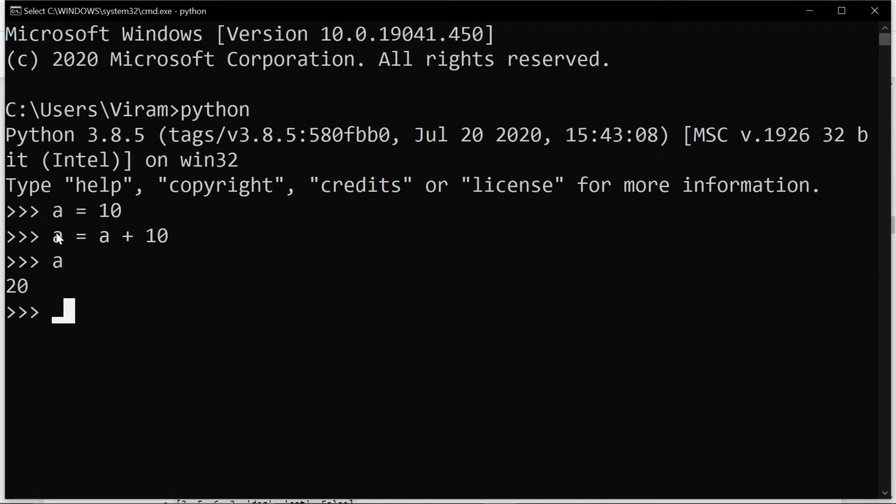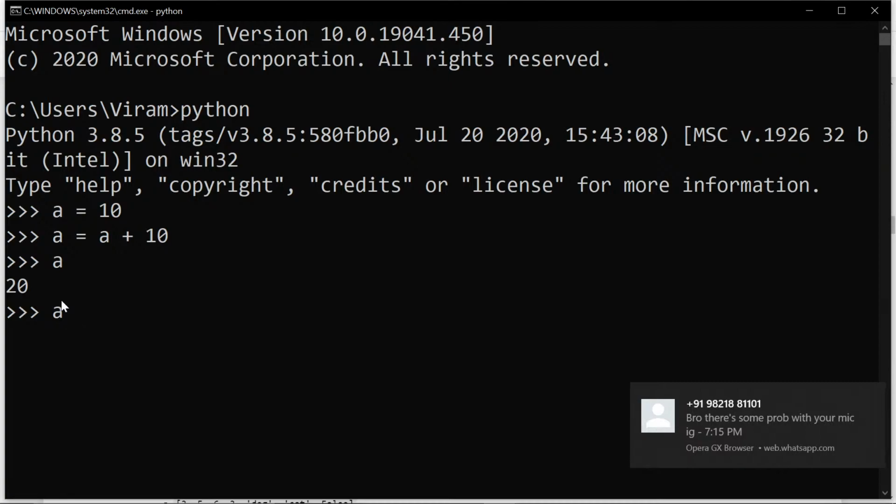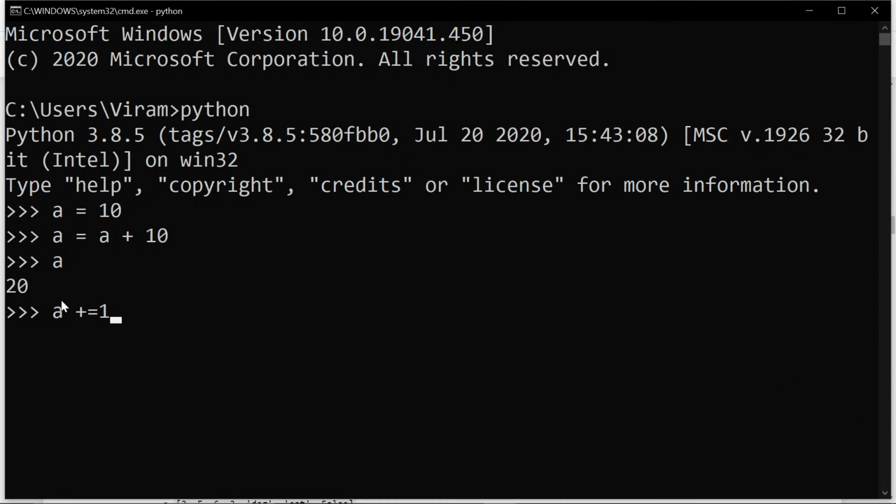So this expression a is equal to a plus 10, programmers thought let's shorten it into a little statement. So what they did was a plus equal to 10. Let's see what is there now. 30, right?